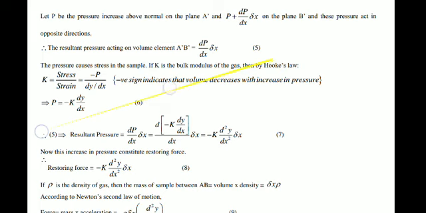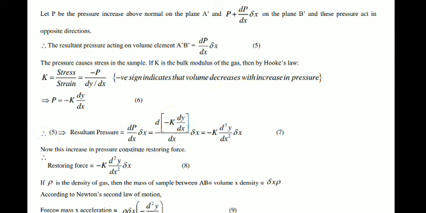Okay. If K is called the bulk modulus of the gas, then according to Hooke's law, what can we write? Hooke's law tells us that K is equal to stress divided by strain, and stress is nothing but P. Actually it is written with a minus sign. Okay, so why the negative sign? The negative sign indicates that volume decreases when the pressure increases. Actually stress is related with the pressure and strain is related with the volume. But we know that when we increase the pressure, automatically volume is decreased. So in order to incorporate this particular fact, we have represented pressure with a negative sign.